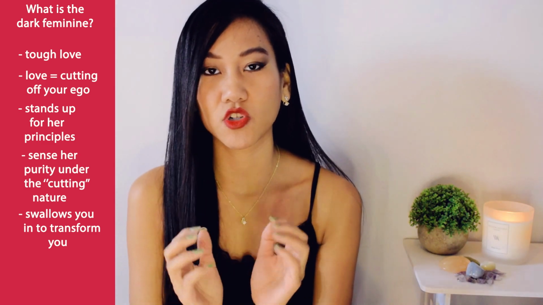So her vagina, if you look at how fertile Lilith is, the feminine aspect of her is like a vagina that's going to be opening, and she will swallow and eat you up whole when you are associating with her, so that you can be transformed by cutting off your ego. She's going to take you in, do what she wants to do with you, take out your ego, and then you become a blossoming flower afterwards.